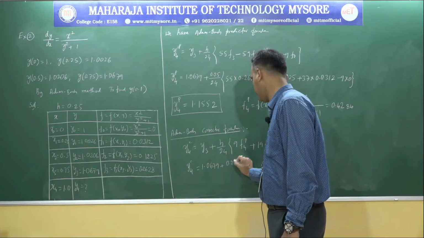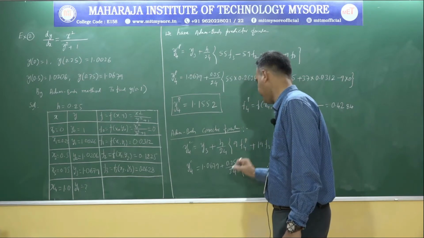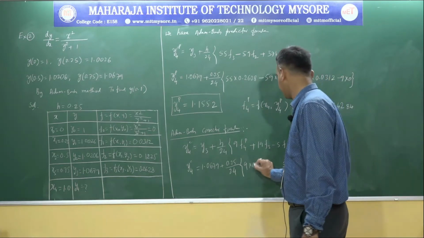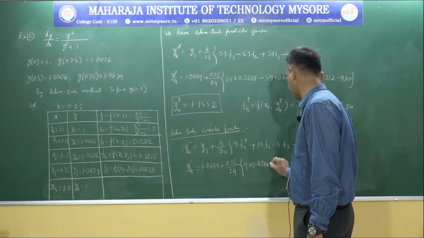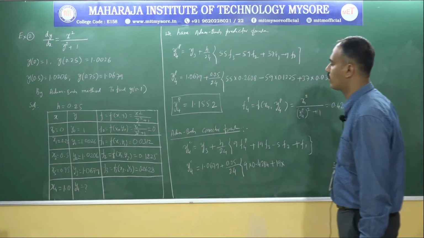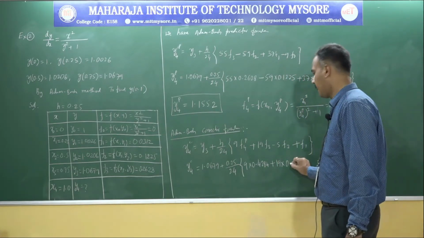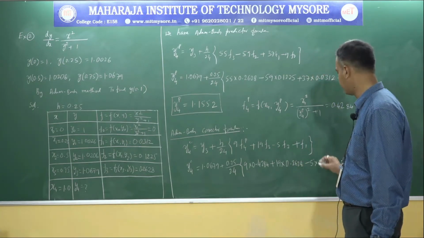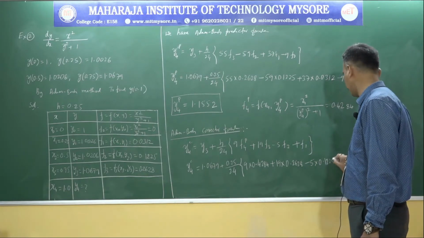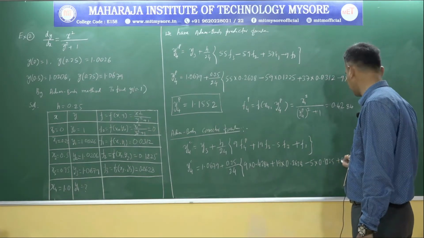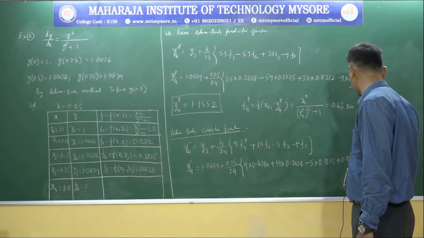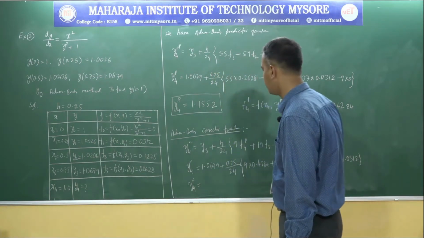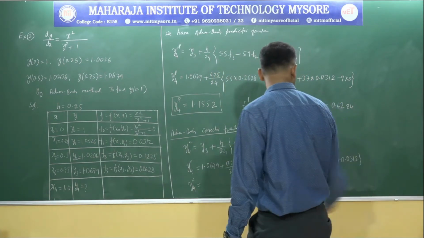1.0679 plus 0.25 denominator 24, times 9 f4p, f4p being 0.4284, plus 19 into f3, f3 being 0.2628, minus 5 into f2, f2 being 0.1225, plus f1, f1 being 0.0312. Now y4c, the corrector value, is